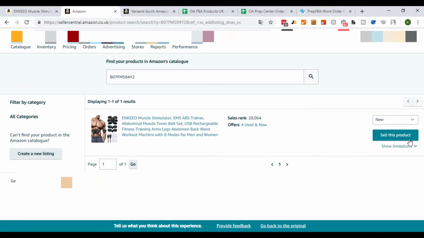When I click here on new, this button will appear. If you're not able to sell this product, you will see a button that says apply for this category or show limitation. Apply for it. You will not be able to list this product like I can right now if you are gated for this specific category. So really make sure that you are ungated for this category, because otherwise, if you haven't checked it,